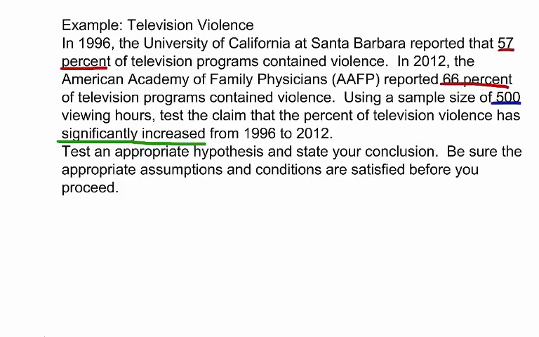Let's begin by establishing our null and alternate hypothesis. Remember, the null hypothesis, or statement of no effect, contains the statement of equality. Our null hypothesis is that our proportion is equal to 57%, which we'll write as a decimal, 0.57. Our alternate hypothesis